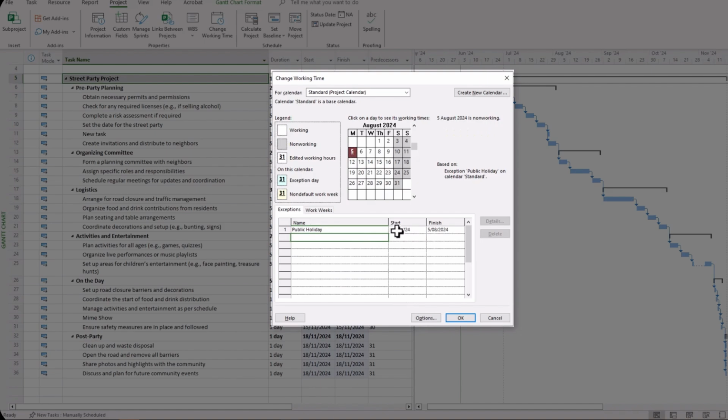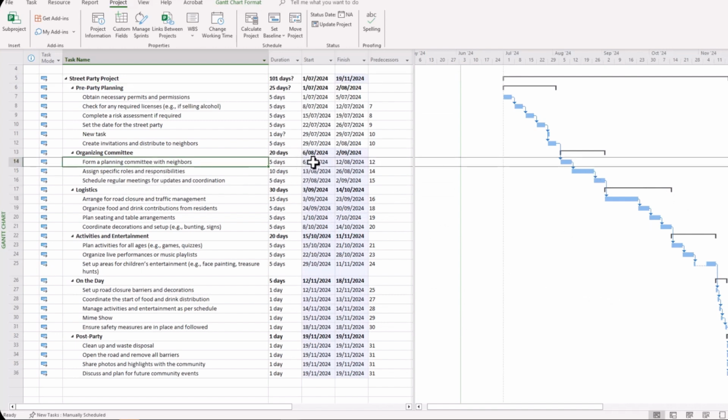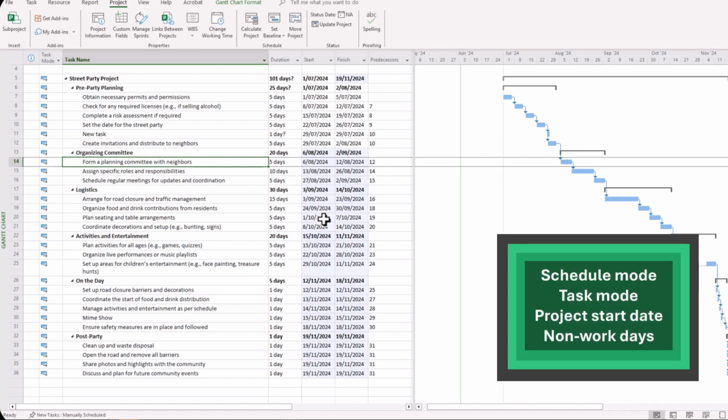So exceptions, public holiday, 5th of August, click OK, and then all of a sudden you would see that your schedule has moved a little bit, and this particular task that ordinarily would have had 5 days covering the 5th of August has now taken that into consideration and moved the schedule accordingly. So by considering your scheduling mode, task mode, start project date, and non-working days, you can save yourself a lot of time through your project scheduling process.